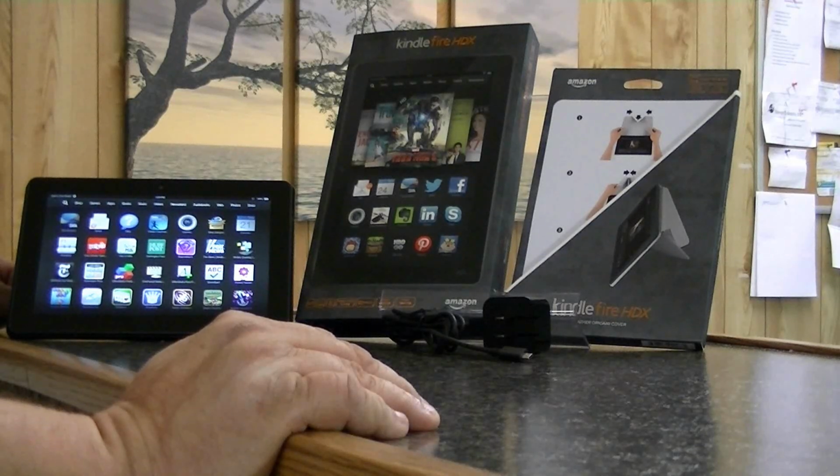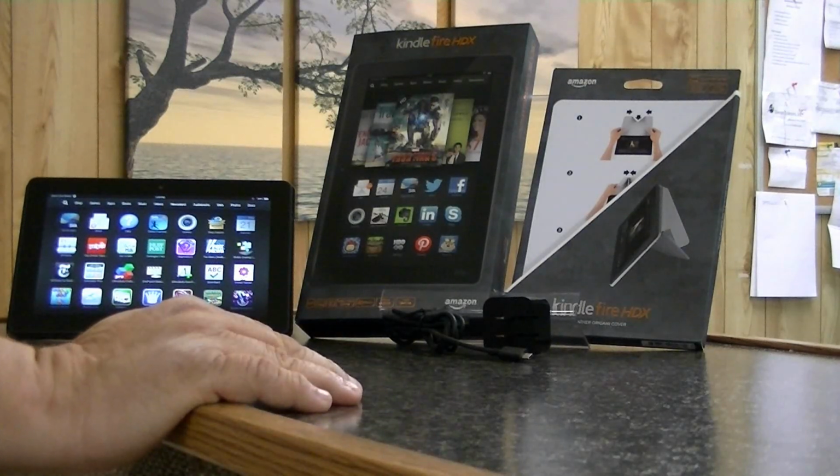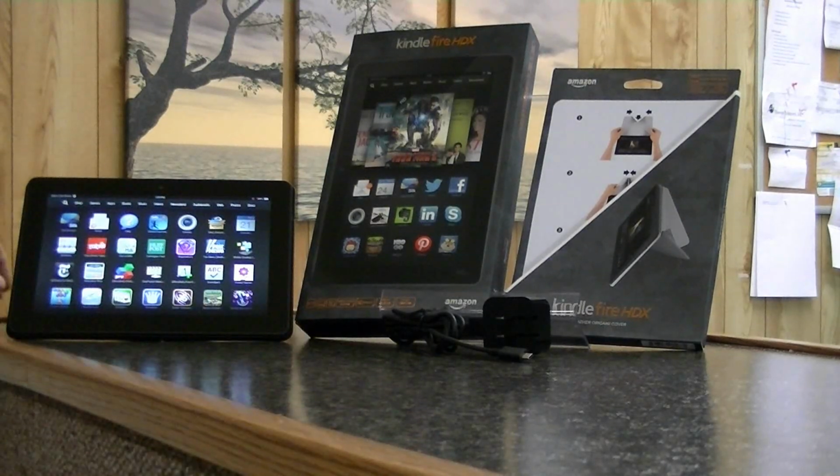It will not replace my Samsung Note. It will not replace that, but it is a replacement for one of my wife's tablets. So the Amazon Kindle Fire